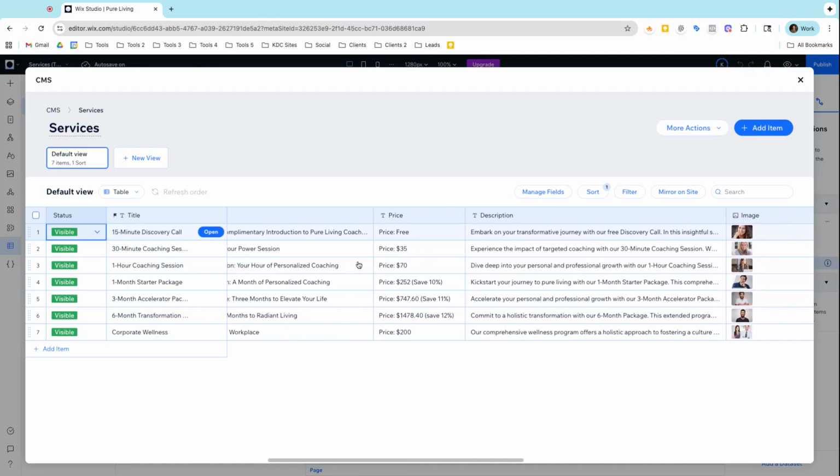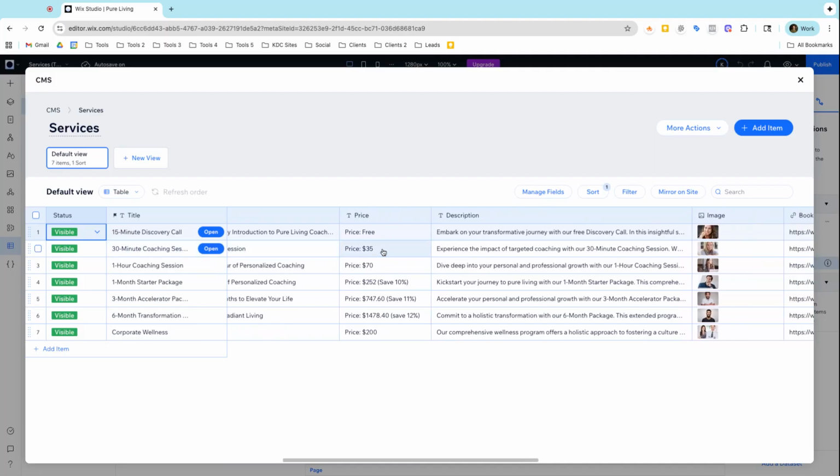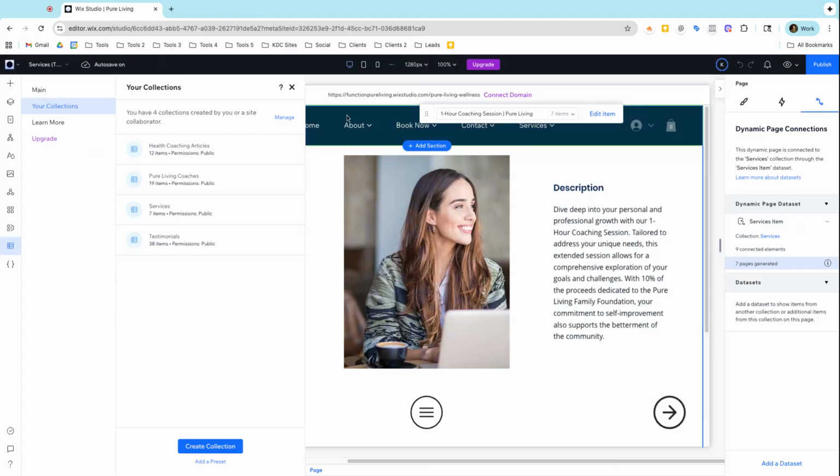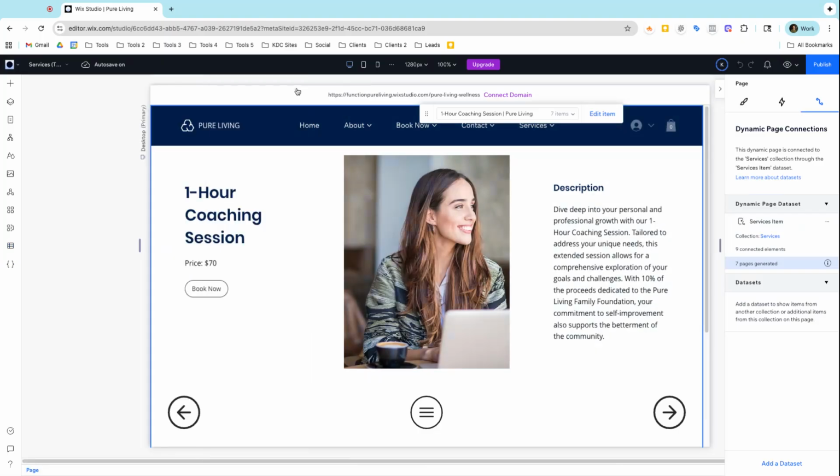And if I ever wanted to go in and change the price for this service, for example, I can change it here. It's going to change on all the pages that it's displaying on. So in this case, it would be 2 pages. If I was going to change the title, it would display on all 3 pages dynamically. So I could do that as well. So you don't have to use the same fields on every page. You don't have to even use all of the fields. You can use one of the fields or 2 of the fields or 3 of the fields or 4 of the fields. And you're actually more common than not going to use a portion of the fields